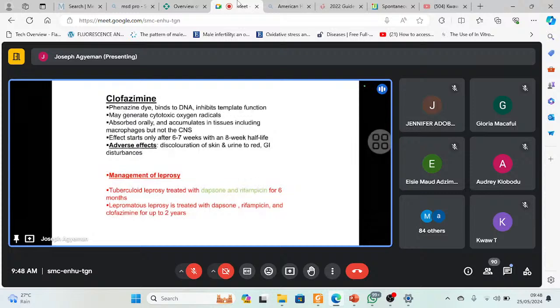So when you initiate clofazimine and you are not seeing any effect, please take your time, because it has a longer half-life and you are going to experience its benefits roughly around 6 to 7 weeks, if not longer. So it is better you assess it and advise the team as the person who is a custodian of medicines. Adverse drug issues include